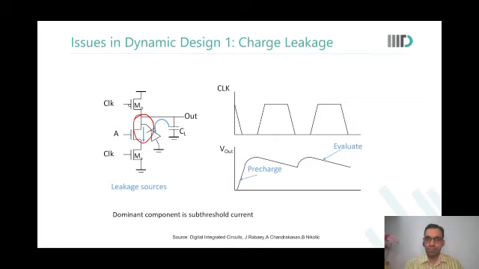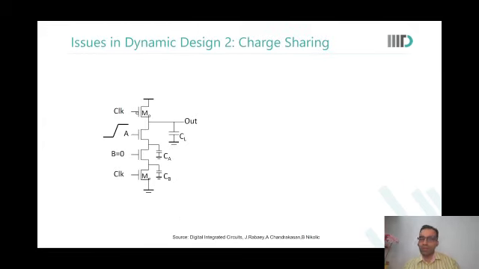Yes, but then there's a stack effect also coming, na? CK is also 0. See, when this device is fully on, then anyway there is something that will provide charge to this node. I don't have a problem, na? Whatever leakage happens, it will follow this path, not this path. Okay sir. Are you able to see this? Yes sir. Okay. Anything else?